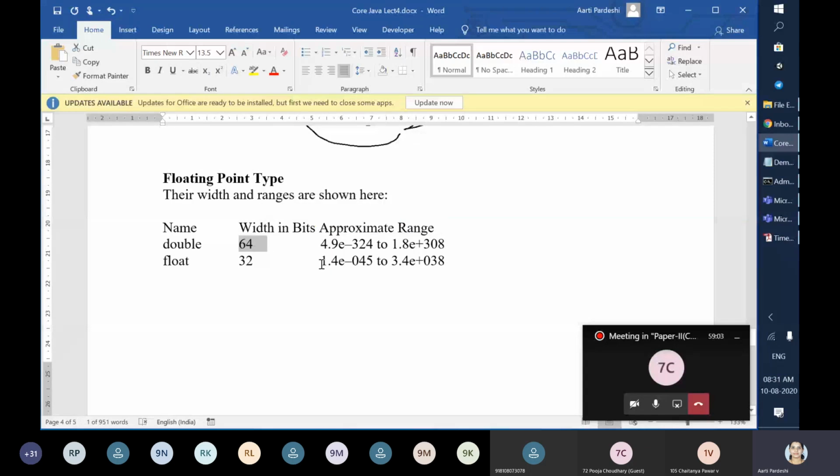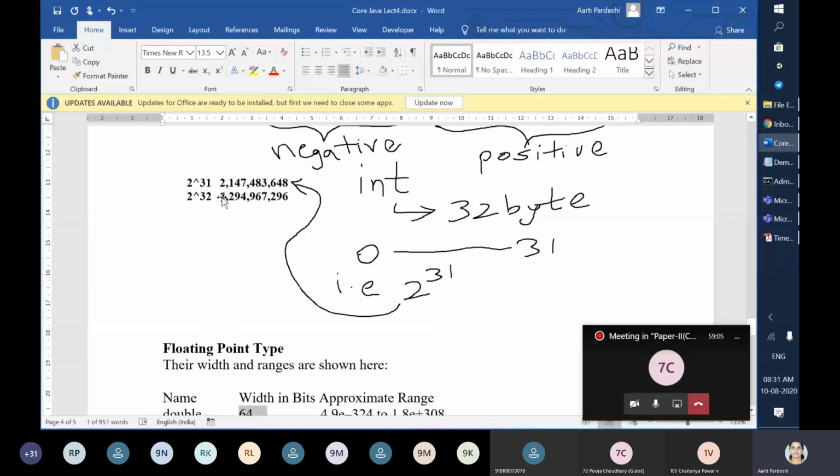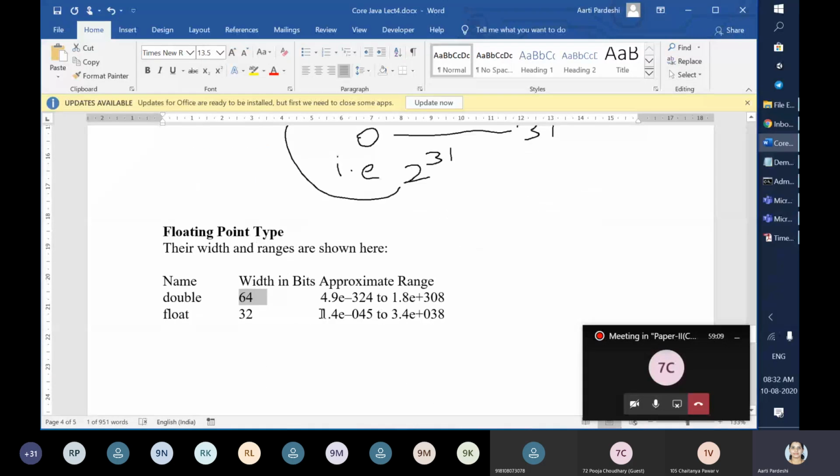So the value which we have seen here, this 4294, when you convert it to an e raised to exponential, this value will look like this. Don't be afraid of these values. If you are not able to remember it, it's totally okay, but for the time being, simply remember that float is 32 bits and double is 64 bits.